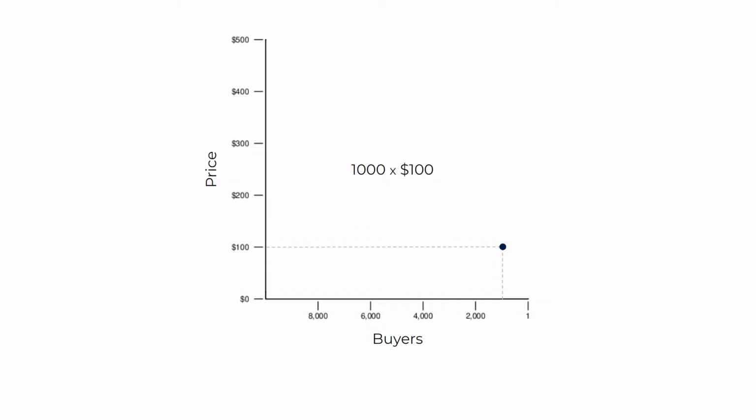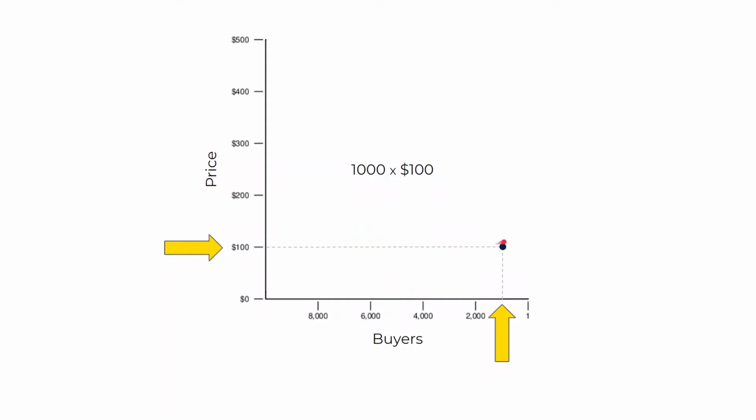Let's say your company is selling a product or service for $100 and there are 1,000 customers. Now, it doesn't matter if these customers buy once and disappear or they are on a monthly subscription. So you could have, for example, a SaaS and every month they pay this $100. It doesn't matter for the purpose of this exercise. So this is where your service or product is priced.